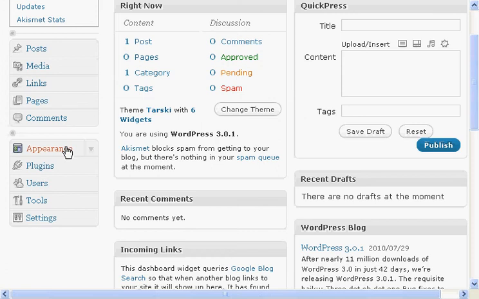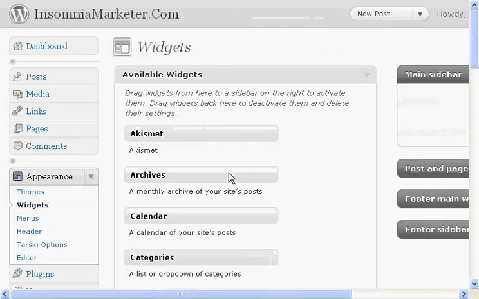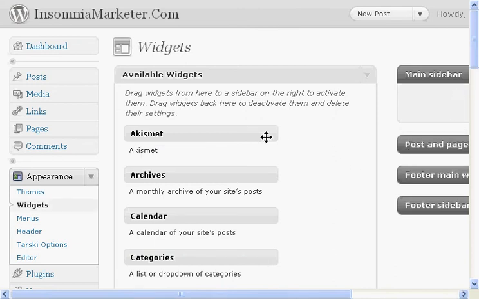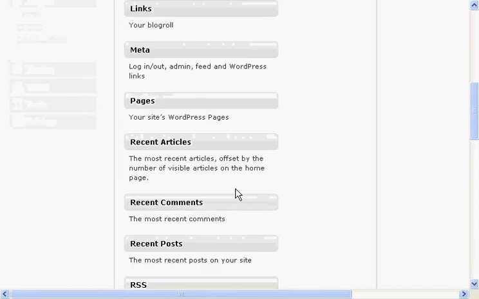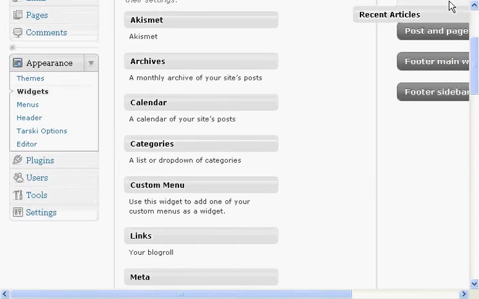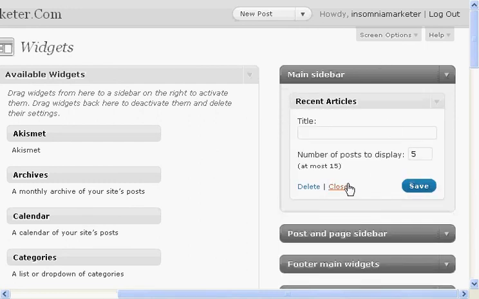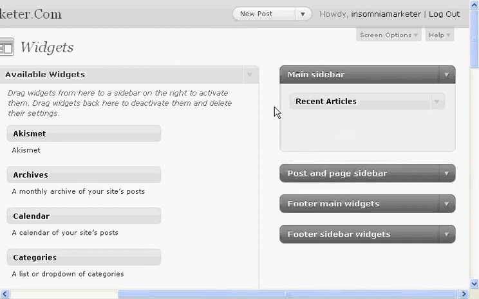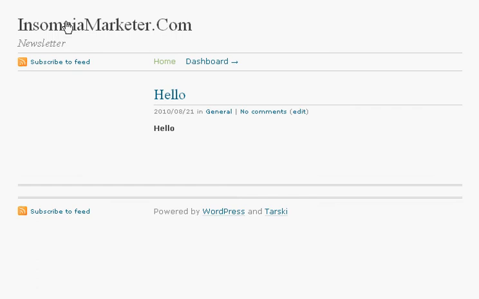A widget, like it's here. For example, we take recent articles. You drag that, so you see the little dashed frame there, like this, and you just click close. This is a widget in the main sidebar. See, widgets go into the sidebars. So what is a sidebar then? Well, if you go to the site now,